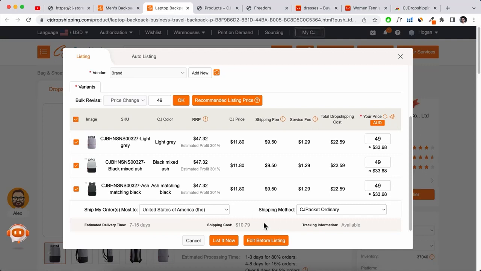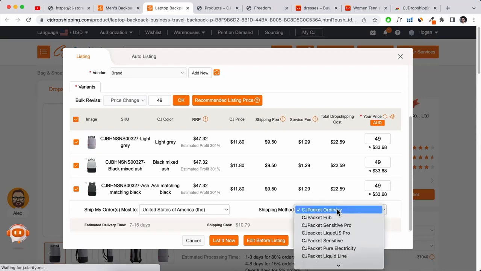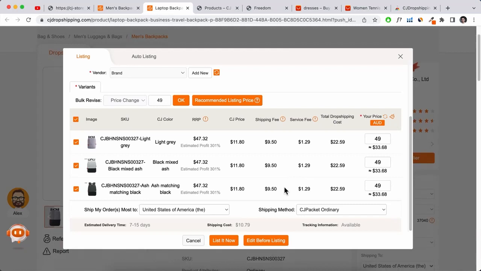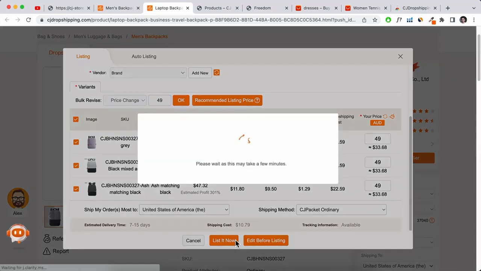This is just for you to actually check the shipping fee and to give you an idea of what to price the product at. So once you actually do the fulfillment, you can select the different shipping methods. So this is just to give you an idea of the cost. Once you've done that, you can click on list now, or you can edit before listing. Basically you can edit the description and stuff, but generally you want to edit that on your website. It's just a lot easier. So you can click on list now,